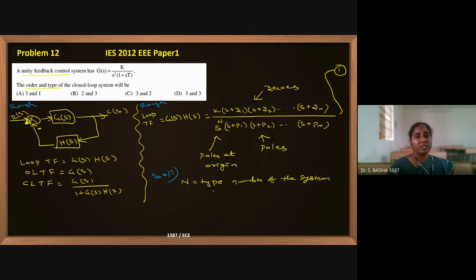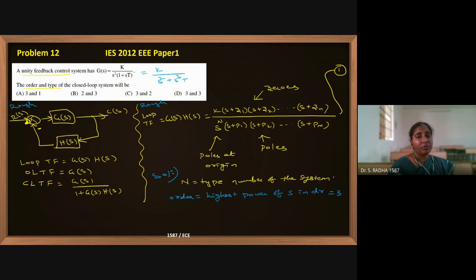Now the solution is, in equation 1, this capital N is there, the independent poles at origin, which is called the type number. The order of the system is nothing but the highest power of s in the denominator. You have to multiply thoroughly. In the equation 1 denominator, multiply the entire thing. What is the highest power of s? s square plus s cube into T. So the order is nothing but 3.